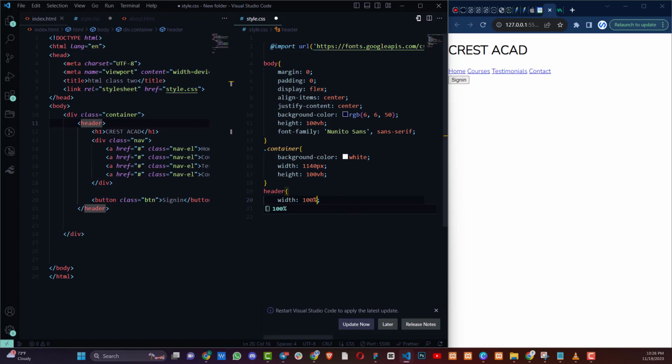And I'll give it a unique height. So I can give it something like a height of about, let's say, 100 pixels. Yeah, and I save. You see everything looks the same, but the next thing I want to do is make sure that